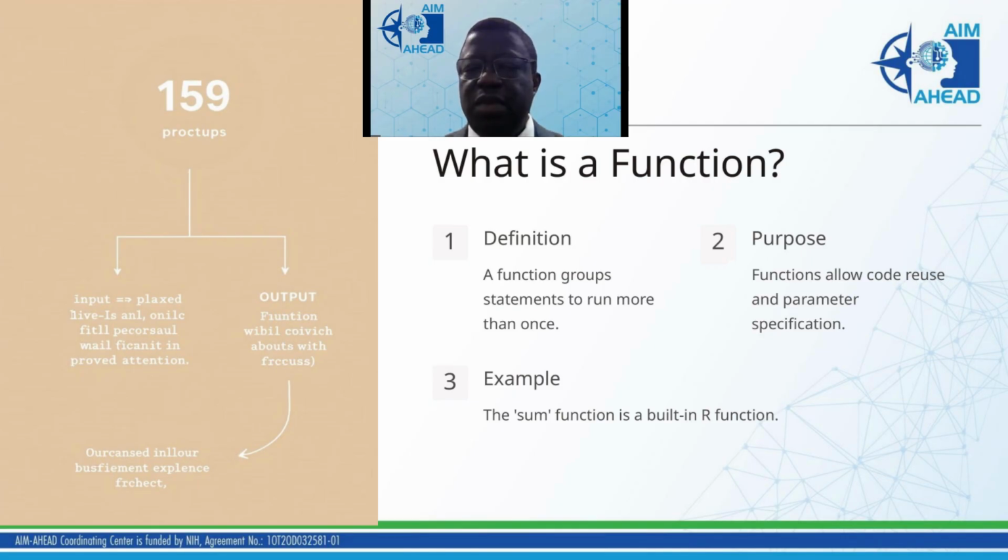Example. In R programming, the built-in sum function efficiently calculates the total of given numerical inputs, showcasing how functions can simplify complex operations with minimal code. Takeaway. Functions are fundamental to programming as they promote better organization, increased efficiency, and greater adaptability in code management and data